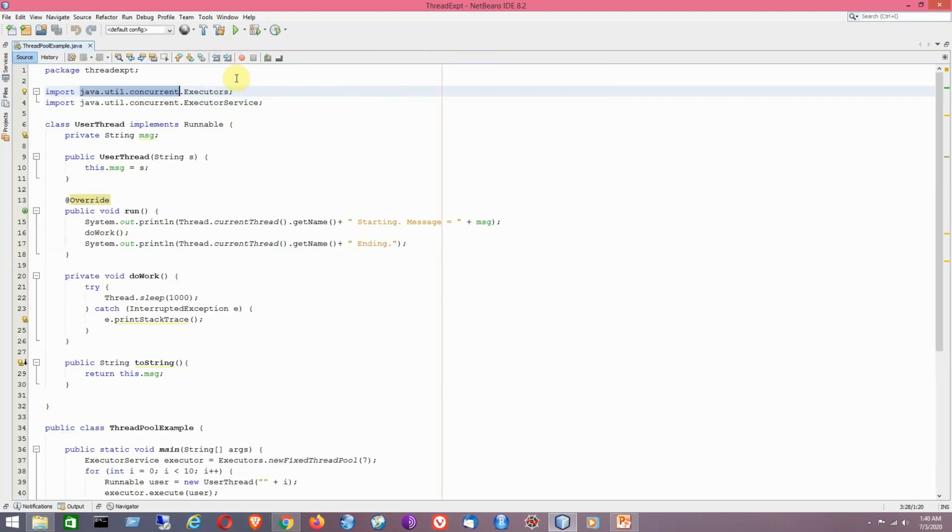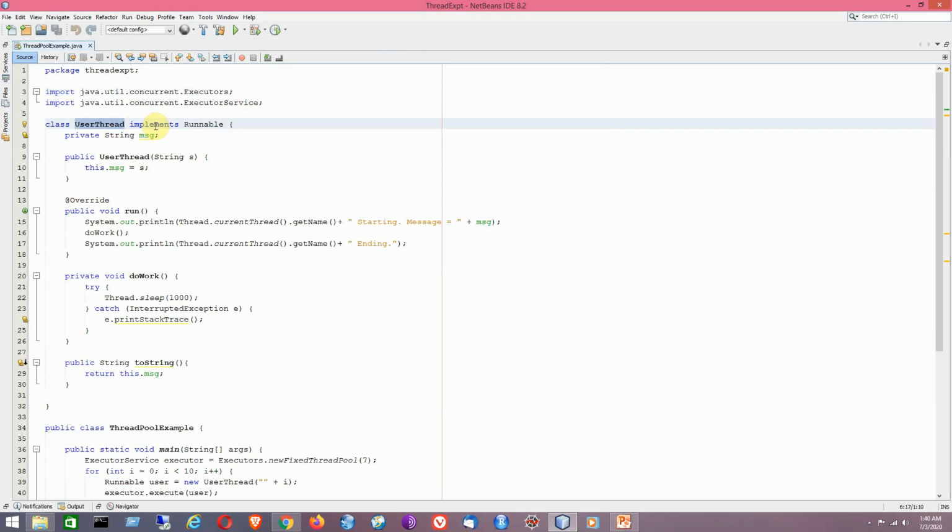So this is the program for demonstrating the thread pool concept. First we have a user thread, also called the worker thread, which is created by using the implements Runnable option.